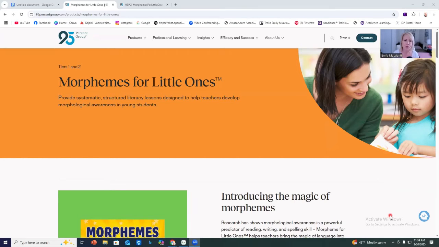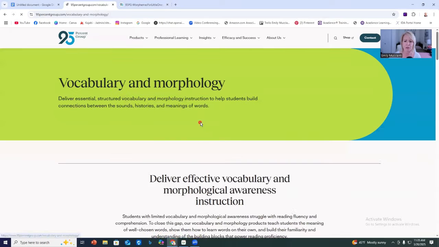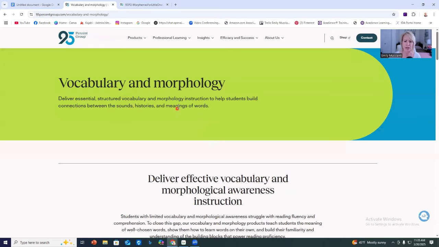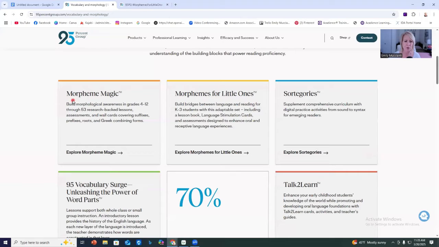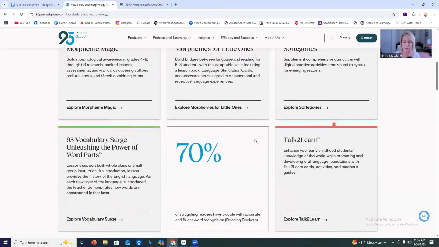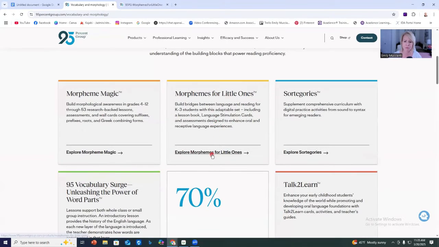So when you go to the 95percentgroup.com and you look for products, underneath products here is a tab, and you can click on vocabulary and morphology, and that will take you to this page of their website. And you can see here we've got Morpheme Magic, Morpheme for Littles. There's a lot of other products that you could look at, but to look at the Morpheme for Littles, I'm